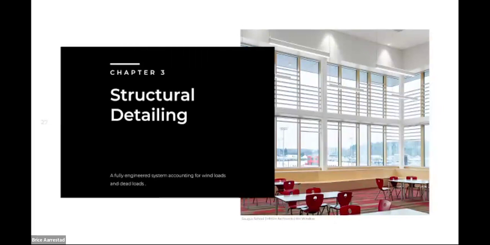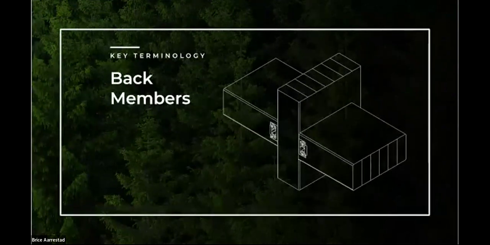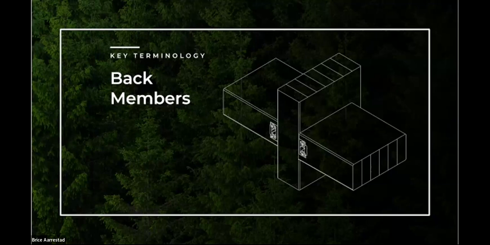Speaking of structural needs, we can dive into the structural components here. Timber curtain walls use engineered hardwood, softwood, or bamboo, like I mentioned. These have to be engineered components. We can't use just a heavy timber or a 2x4. We need to know how that wood will perform over time. So we need to know the structural capabilities of it, and we need the rigidity that comes with a glue laminated